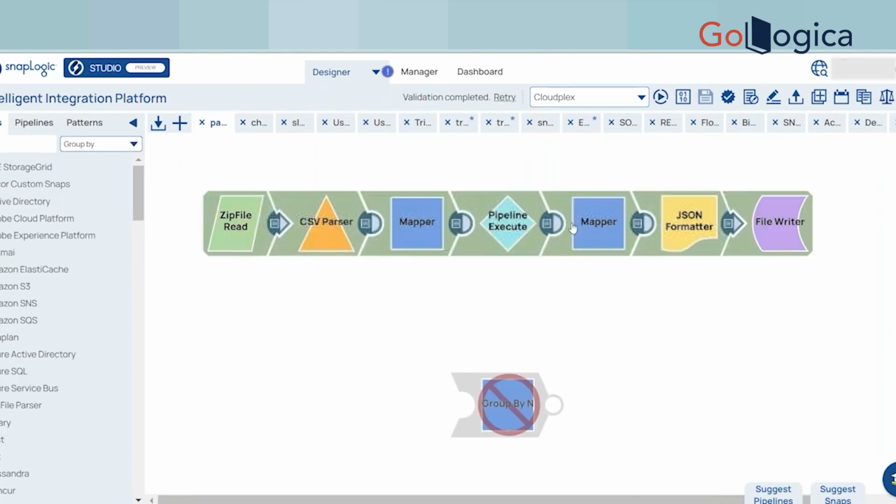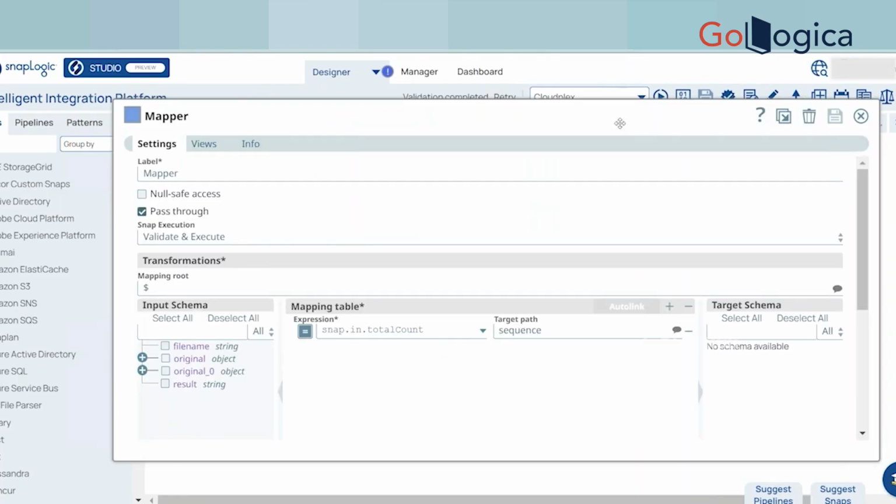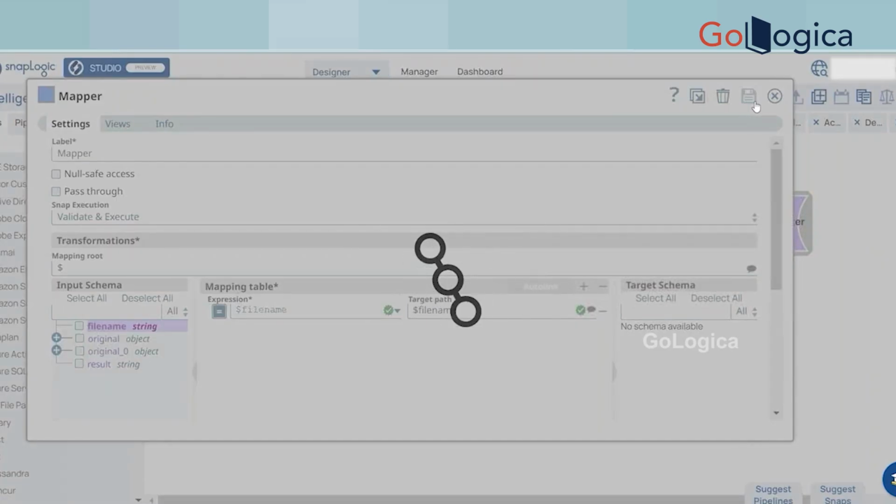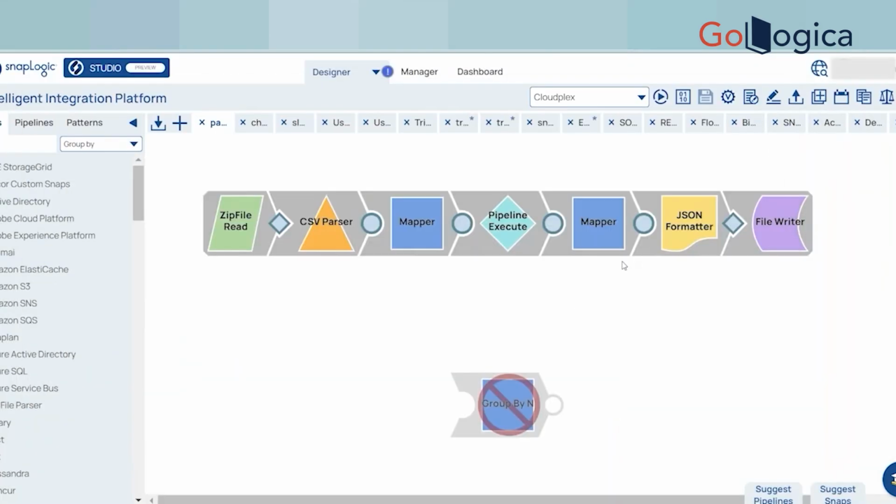Right now we are working on this file name. We should not enable pass-through because I need only the file name. All the files I will list in some location. Now